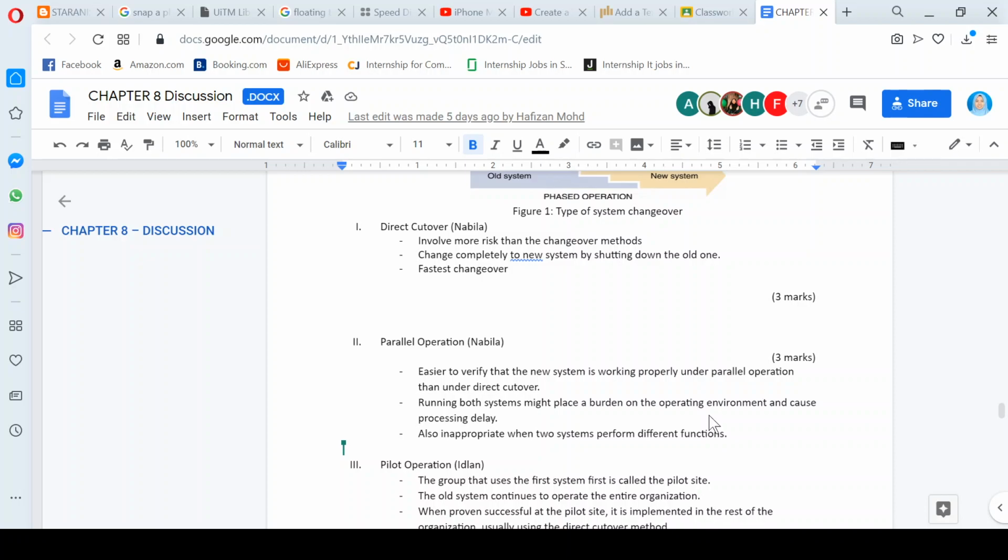Hello Nabila. Okay, tak apa. Saya tolong explain. Kalau ada point yang kamu nak tambah nanti, kamu type dekat Discord Nabila. Alright, okay, tak apa. Alright, okay, basically,